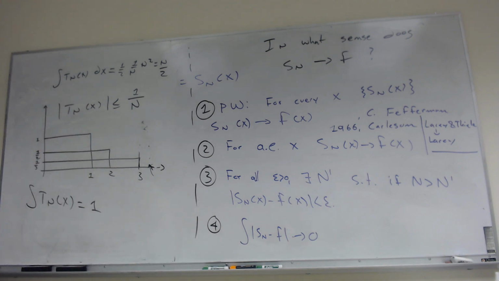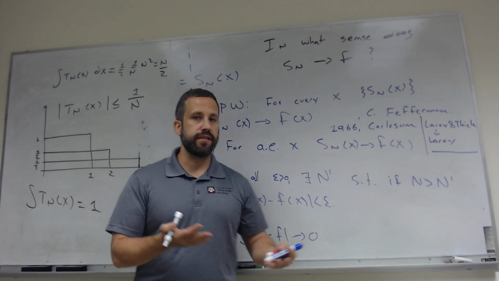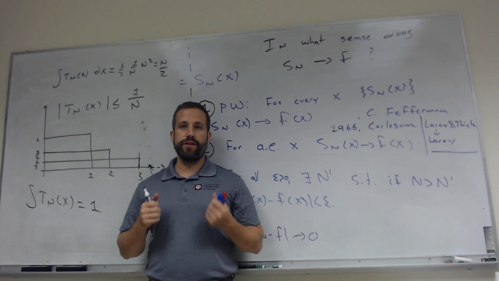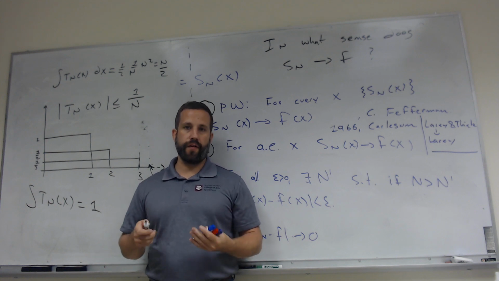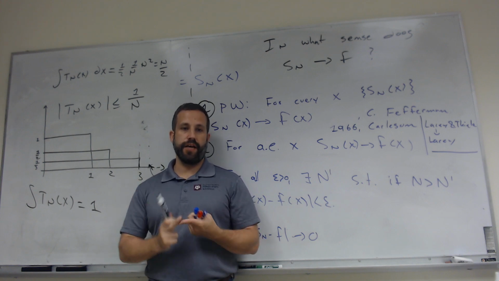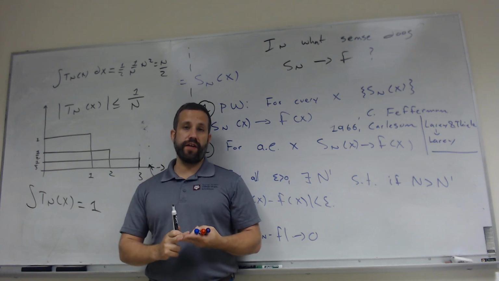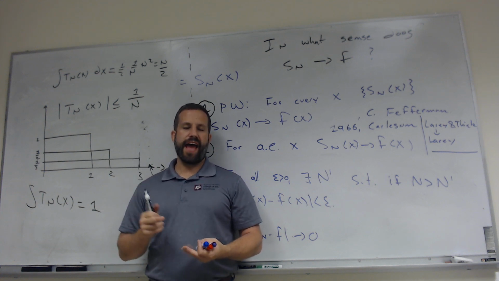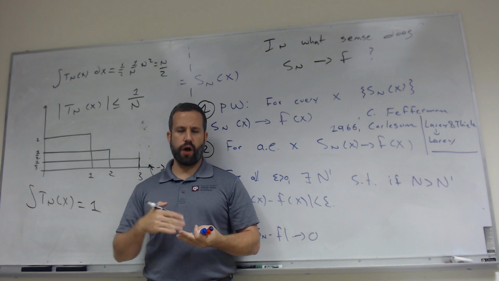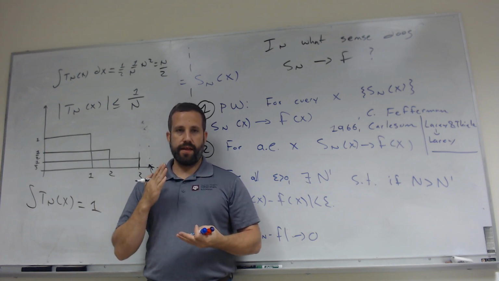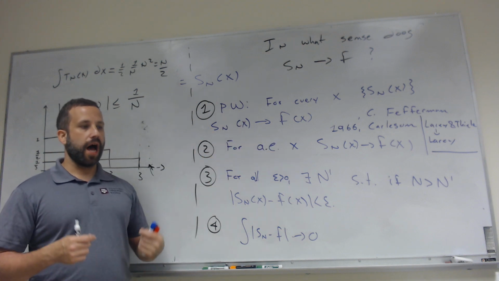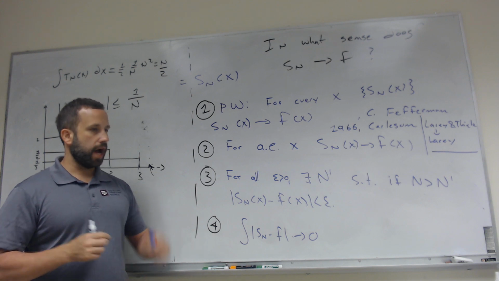The point of this video is basically to introduce you a little bit to the different modes of convergence, and just to point out that we do have something a little more subtle going on that we need to take care of. What we're going to prove in this class is that if f is continuous, piecewise continuous, if its derivative is piecewise continuous, and if it satisfies some condition at the boundaries that I'll talk about in upcoming videos, then the series will converge pointwise to f of x where it's continuous, and where it's not continuous, it's going to converge to the average of the jumps.